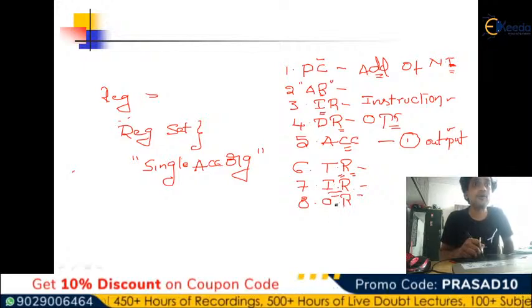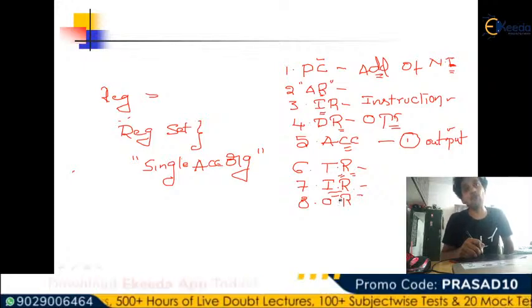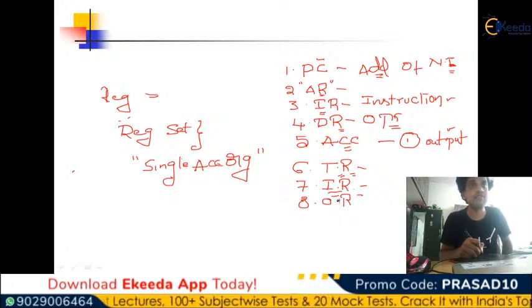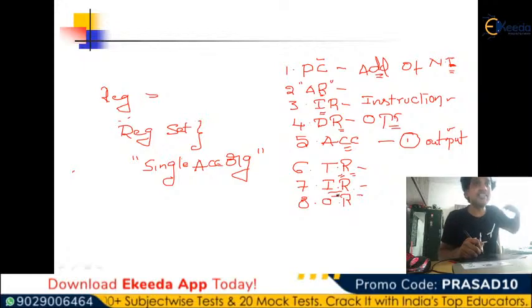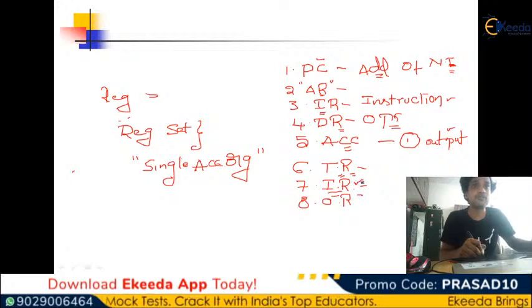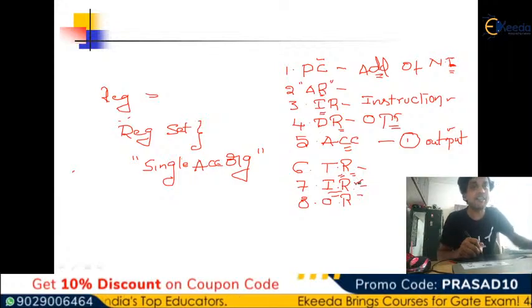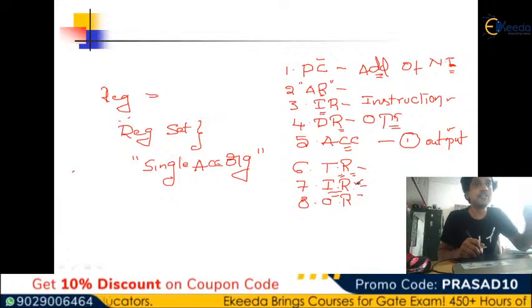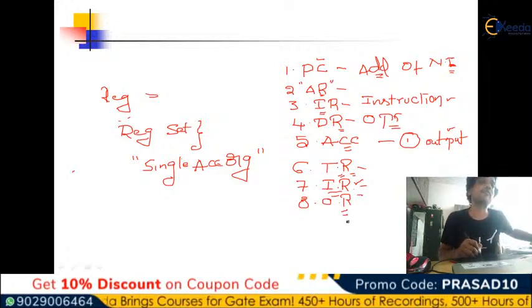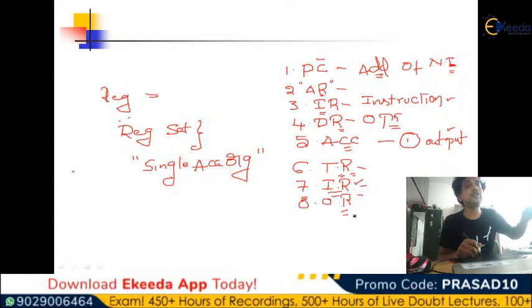Input register. What is an input register? When you type something by using a keyboard, a character will get generated. That generated character will get transferred to the input register. So the input register is going to hold the inputs that are generated by the input devices by the user. And the output register. What is the output register? The output register is going to hold the outputs that are needed to be sent to the peripheral